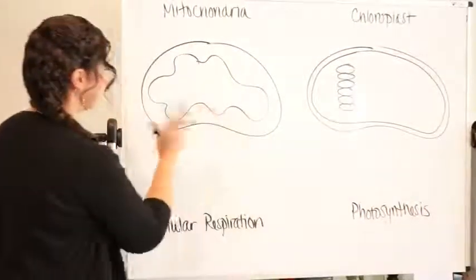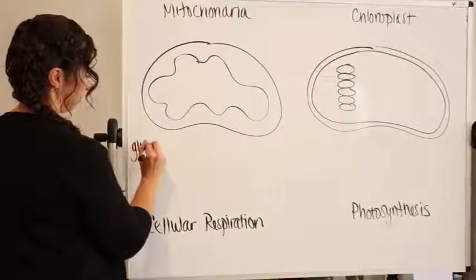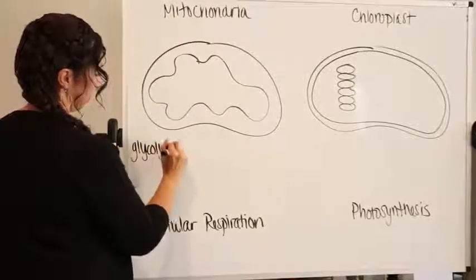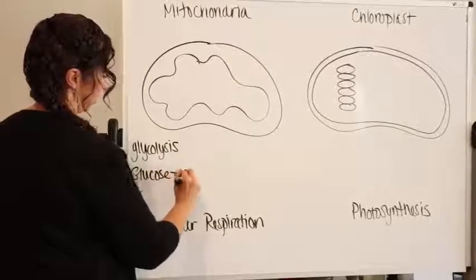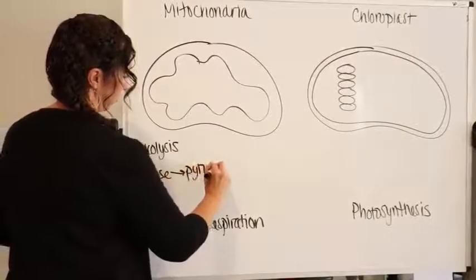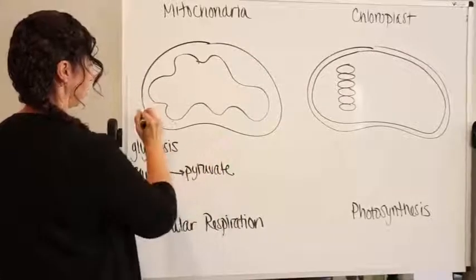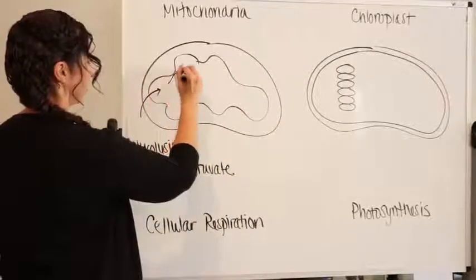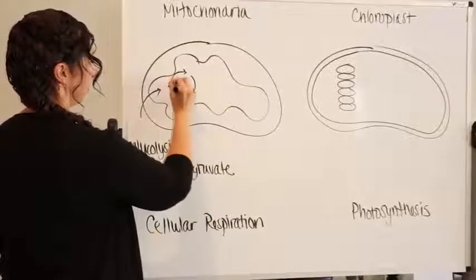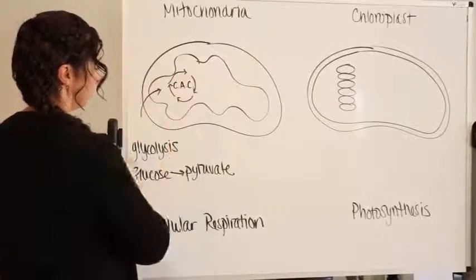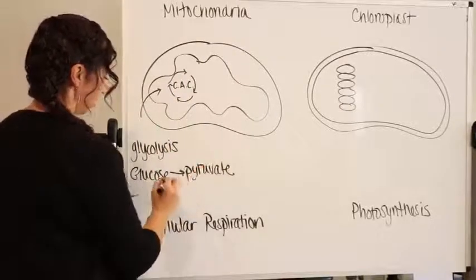All right, outside the mitochondria, you got glycolysis happening, where you got glucose going to pyruvate, and that pyruvate enters the matrix, and you go through the citric acid cycle,